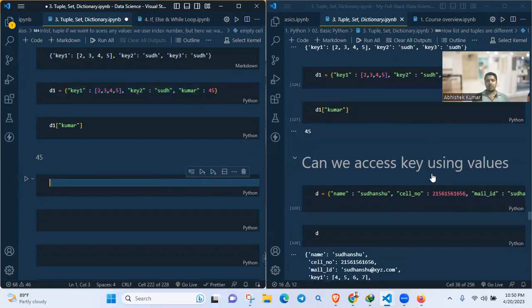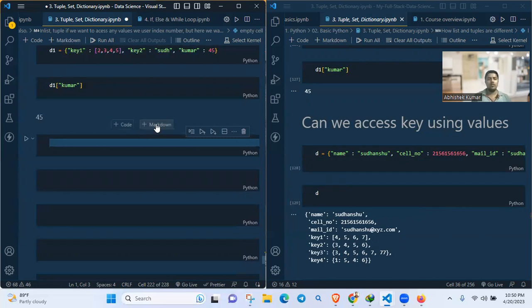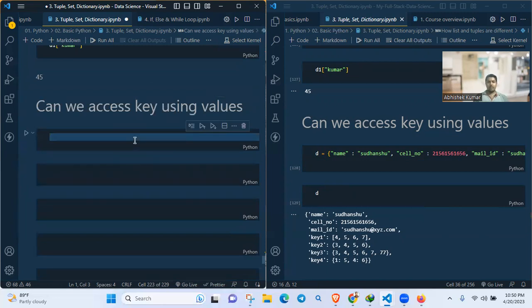Next, can we access key using value? So here we type D equals curly bracket, name colon Sudhanshu, comma, cell_number colon 21 56 15 61 65 6,